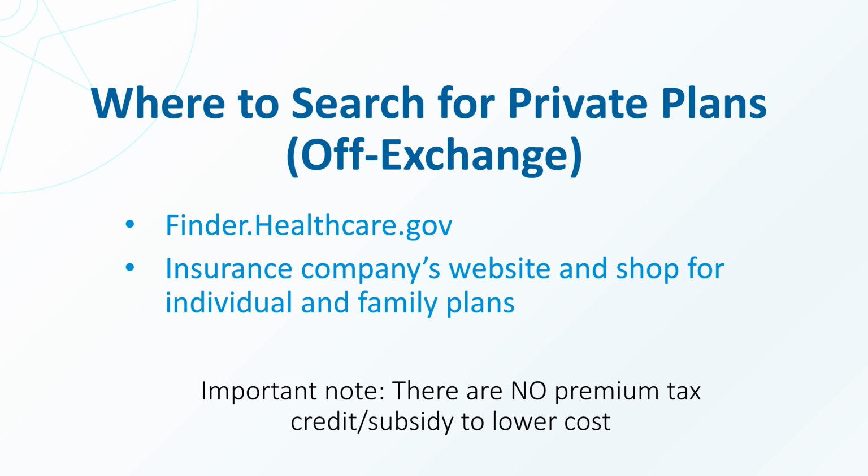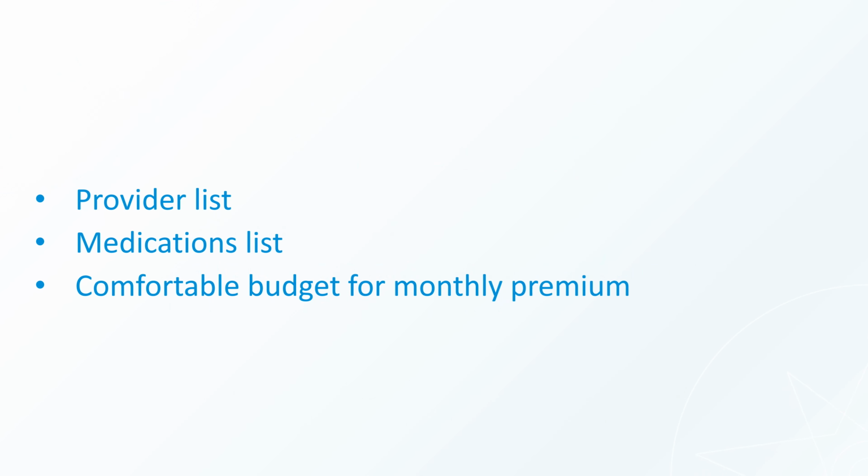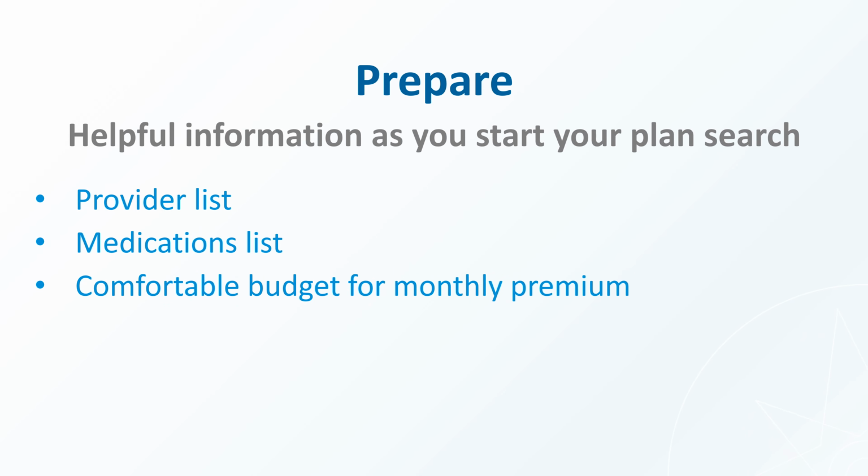When it's time to search for a new plan, there are some things you will need to get started. A list of your providers, such as your CF Care Center, a primary care doctor, or durable medical equipment providers for things like oxygen, diabetic supplies, or home health. A list of all your medications, and an estimate of how much you would be comfortable paying for a monthly